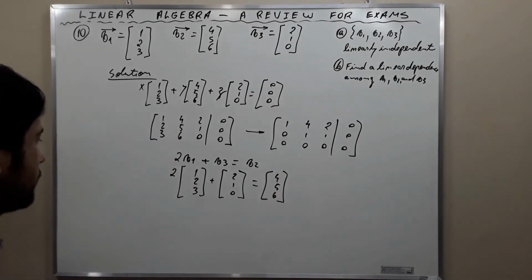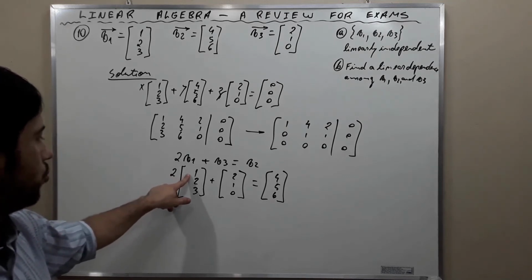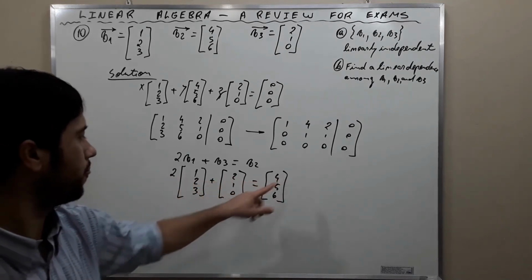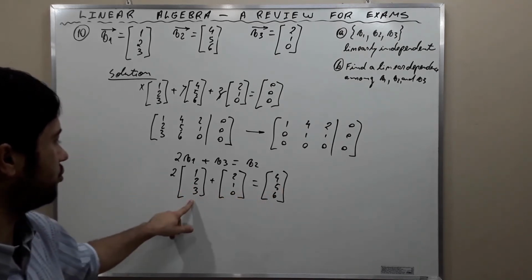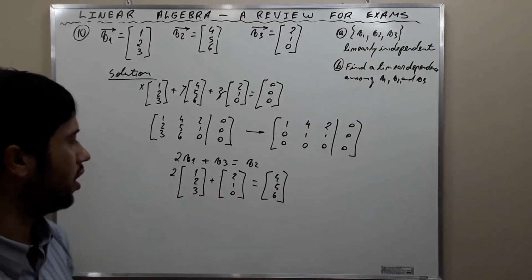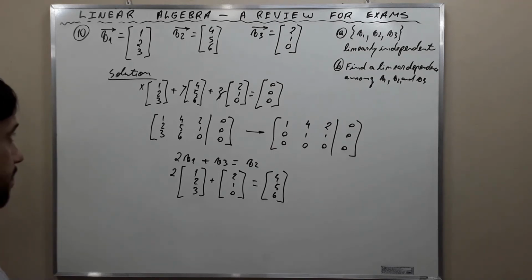Okay? 2 times 1 is 2, plus 2 is 4. 2 times 2 is 4, plus 1 is 5. 2 times 3 is 6, plus 0 is 6. Okay? Then